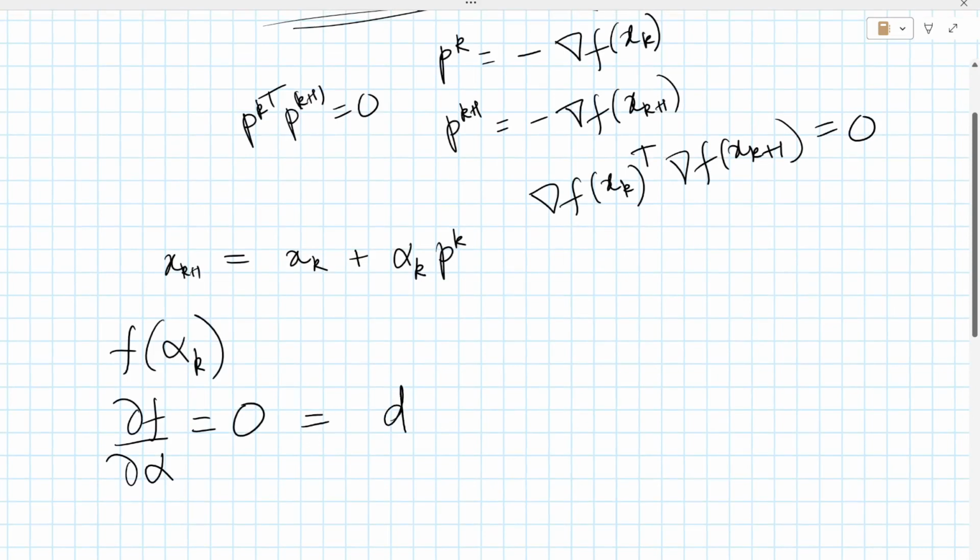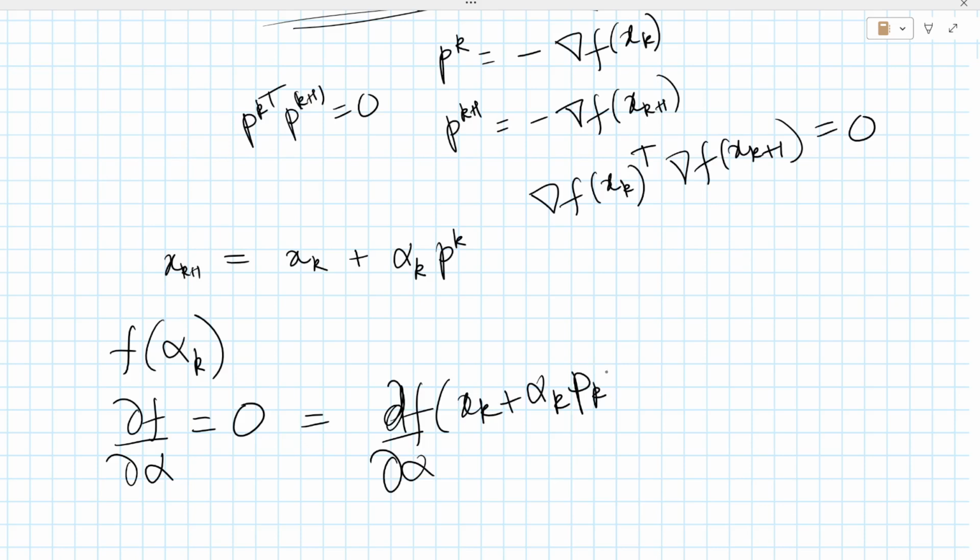So that means the derivative with respect to alpha of f of xk plus alpha k pk. If you do the chain rule, what you'll have is the gradient at xk plus 1 times